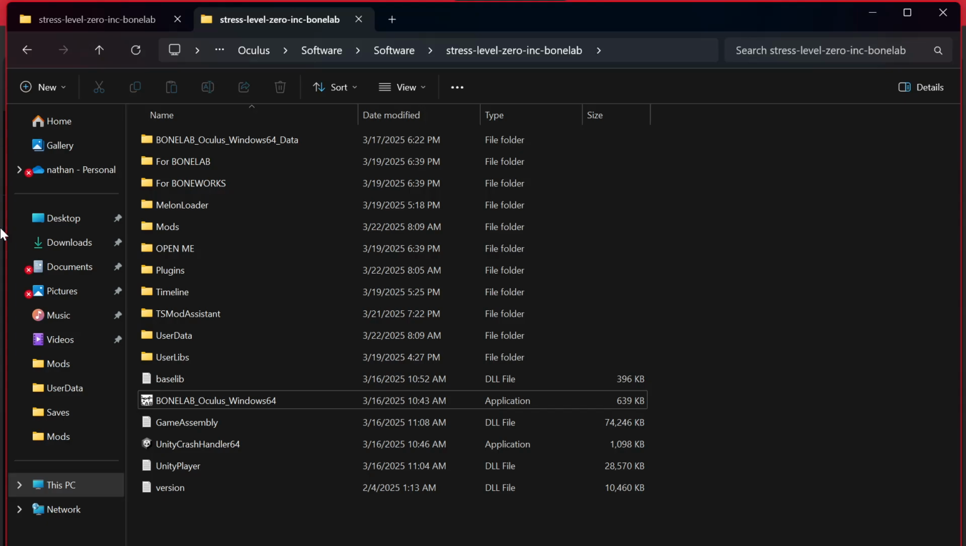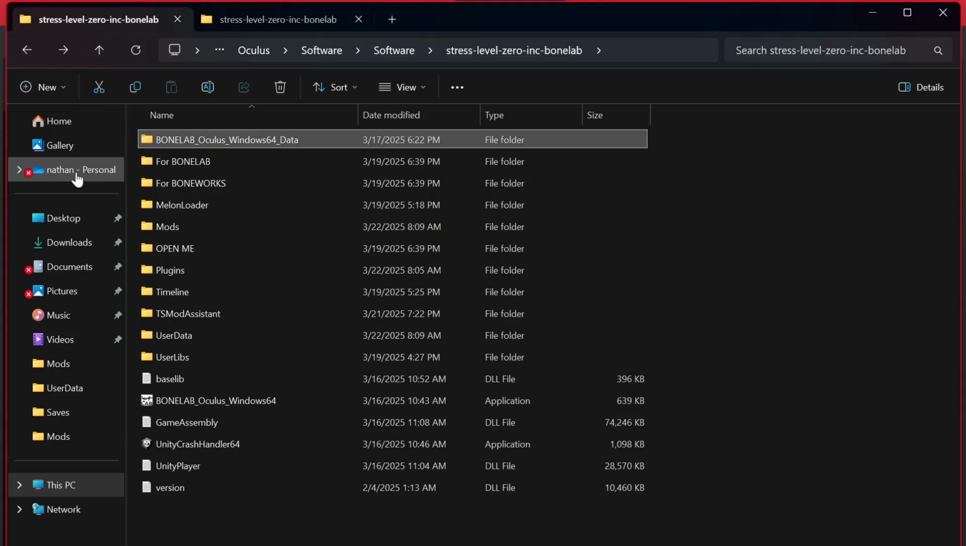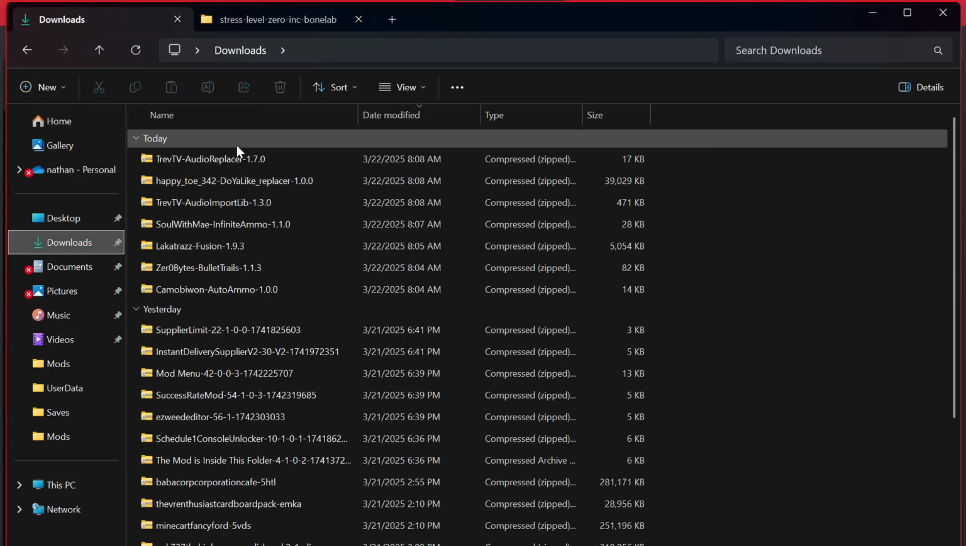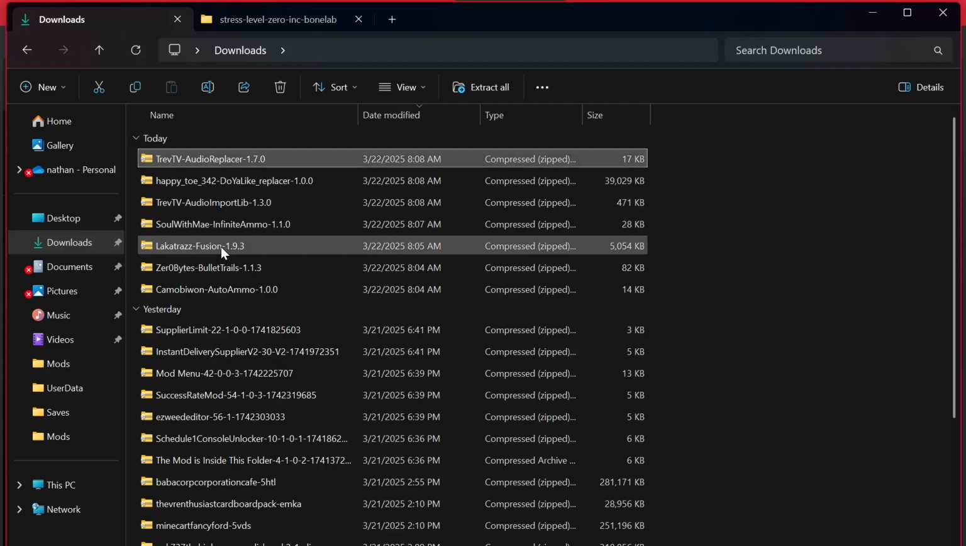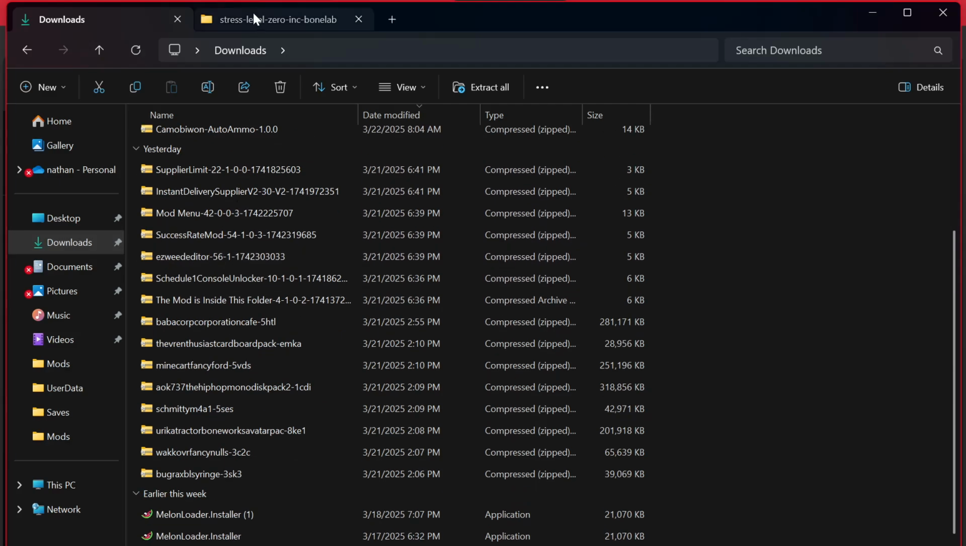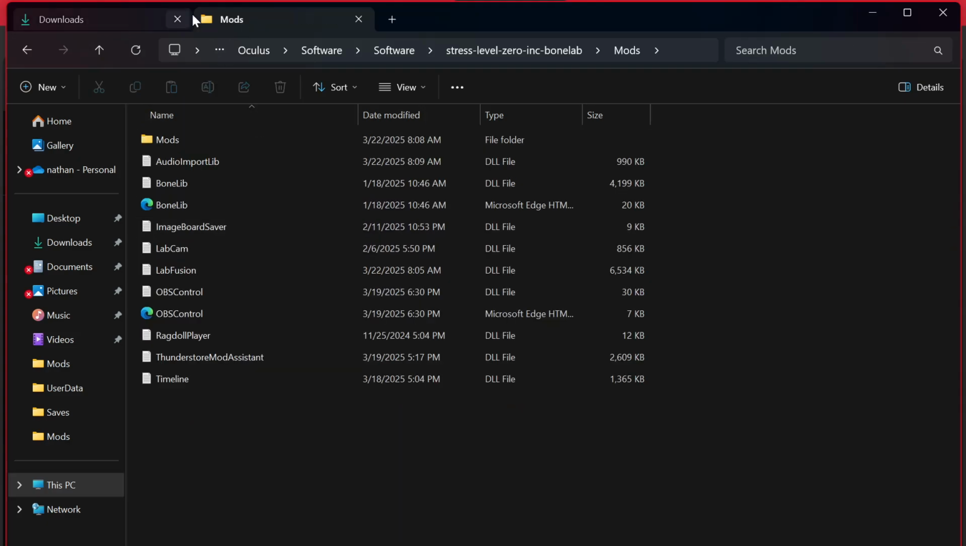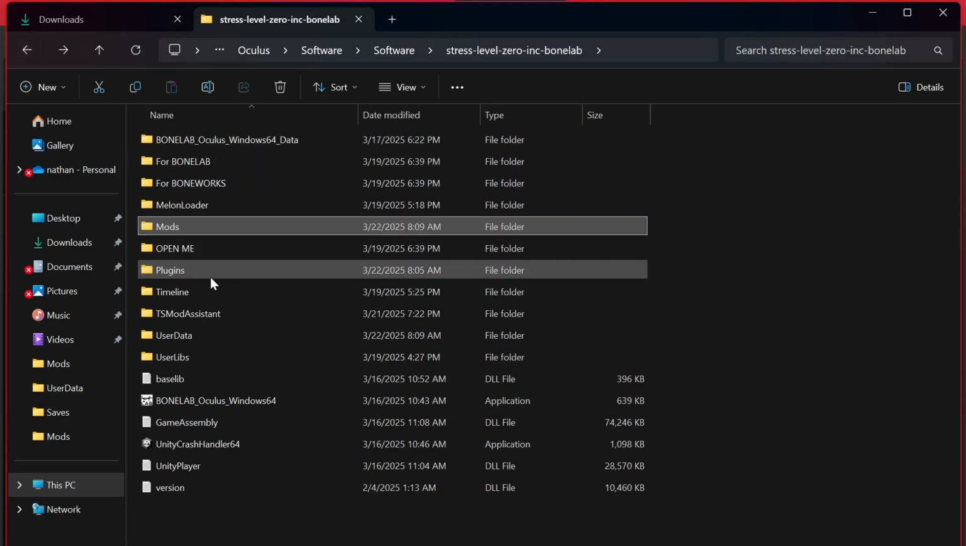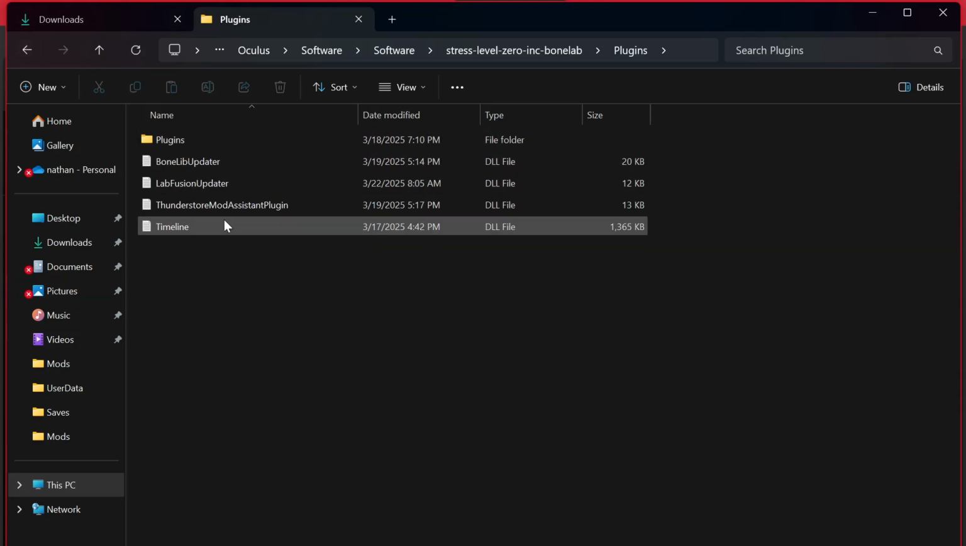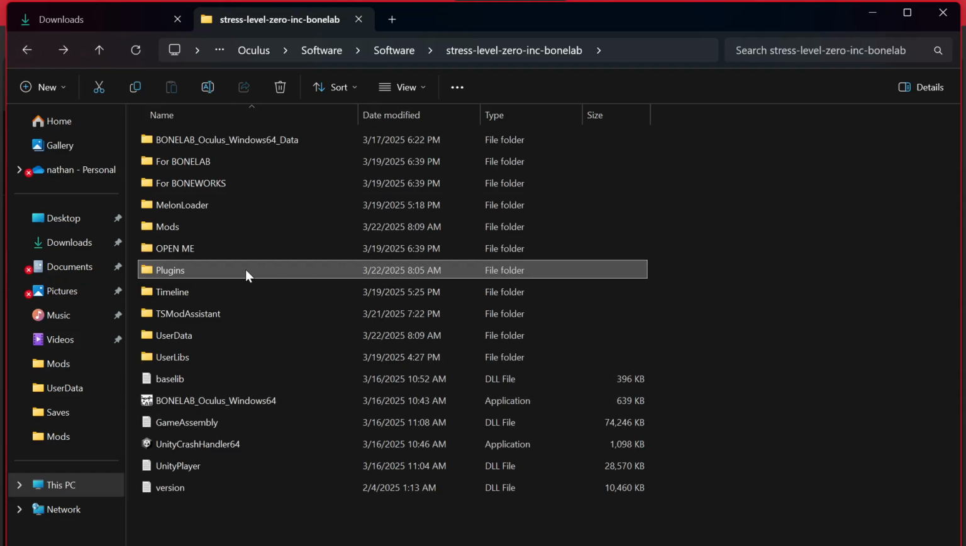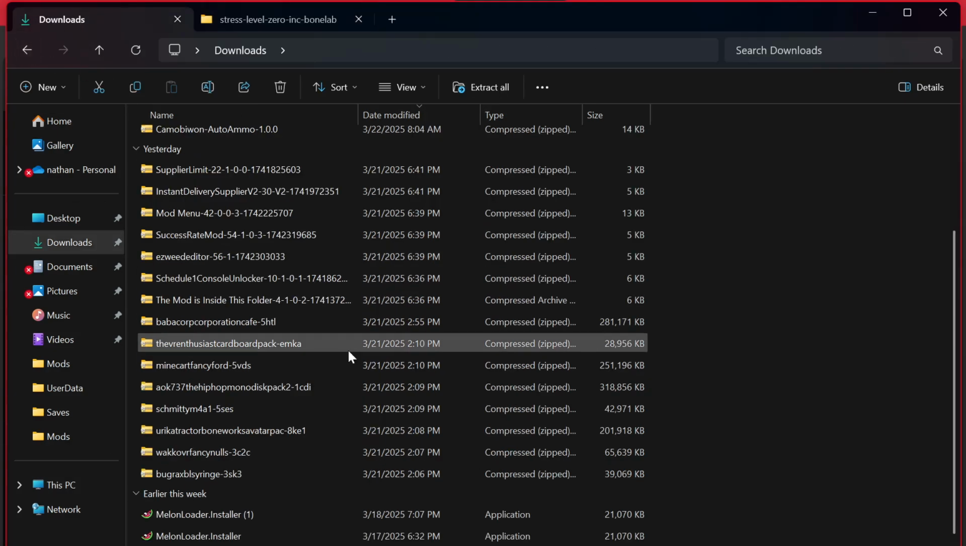Once you're done with that, you want to go out and find the mod that you wanted to install. So if you wanted to install like Fusion or Timeline, you would put Timeline in mods right here, copy it, go back, plugins, paste. You need to put it in both so that the Bone menu on BoneLib recognizes it. And if you don't have BoneLib, what you want to do is,